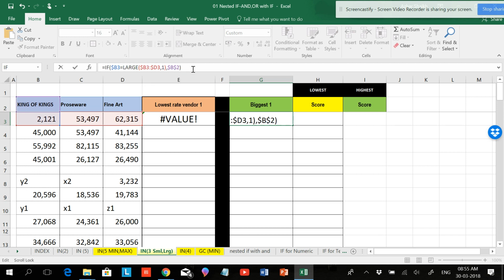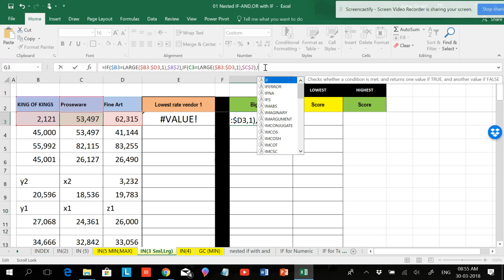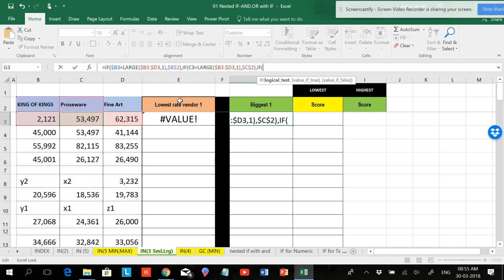Control C, comma, if open parenthesis. Now the logical test will be like P3 equals to control V. I'm pasting the same thing, and I don't want to have B over here. I'll be having C, comma, if open parenthesis P3 equals to control V. Now I'm going to have D3. So I'll be having D3 over here. This is D3,